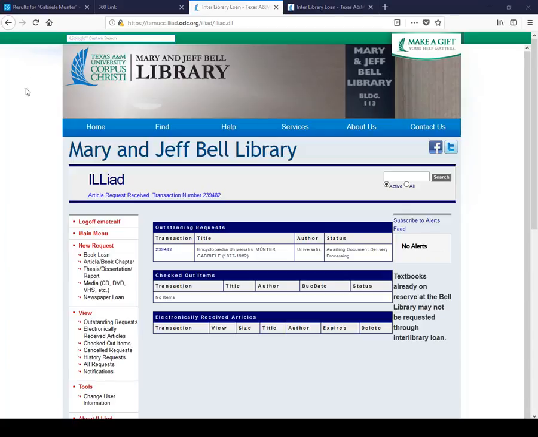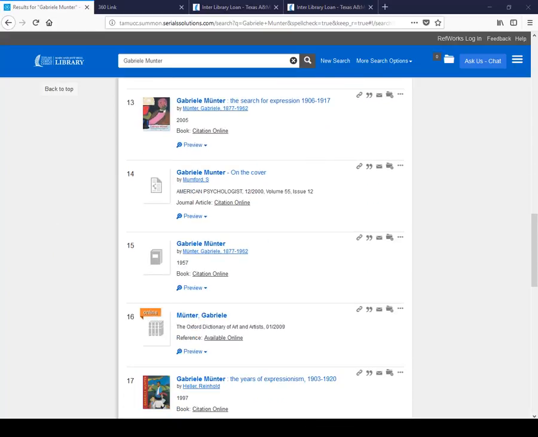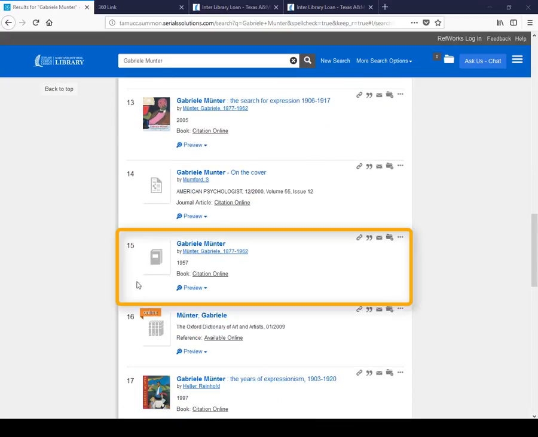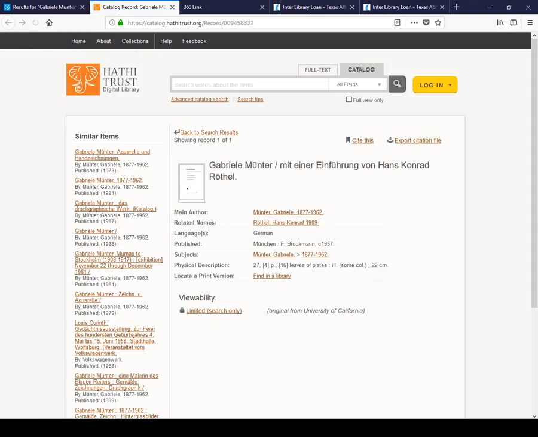Sometimes when we're looking for materials, we find things that look a little bit different. For example, when I click on item number 15, it doesn't take us to the library catalog page, it takes us here. Under viewability, we can see that we're only allowed to search through the book. We can't read the entire thing. So in a case like this, when we want to get the whole book, we need to locate a print version of the book. So we will click Find in a Library,